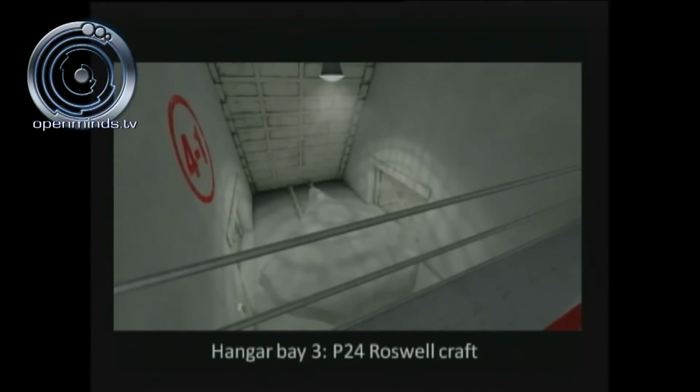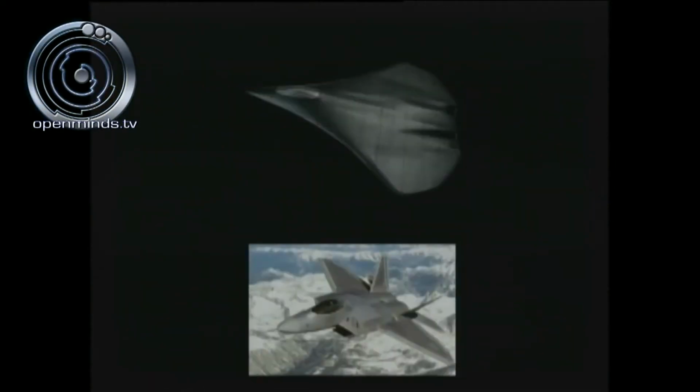You'll notice the 4-1, we're at Area S4, Level 1. Now, this is interesting. I did not make this statement, but Dr. Dan Burish and even the late geologist Dr. Phil Schneider indicated that the F-22 Raptor, the exterior configuration of the F-22 Raptor was originating from the original Roswell craft.